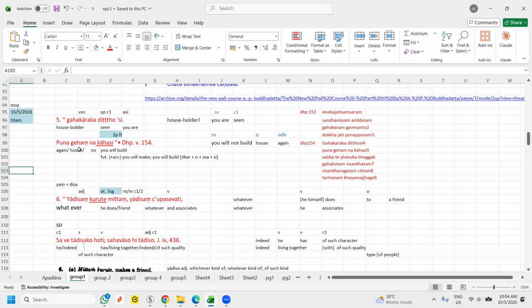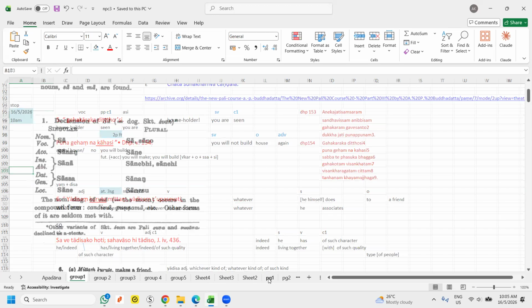Okay, we just recap a bit. Can all of you see my screen? Under my notes at the bottom, you see group one, group two, up to group five. That is what I compiled. And then you may see sheet four, sheet six, sheet five. I think you see